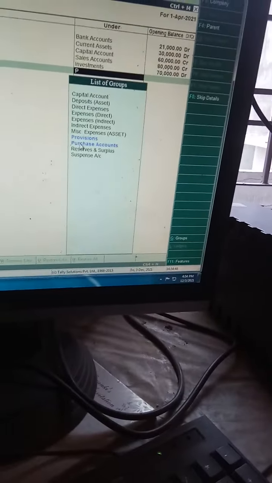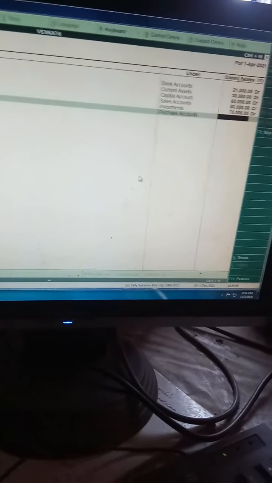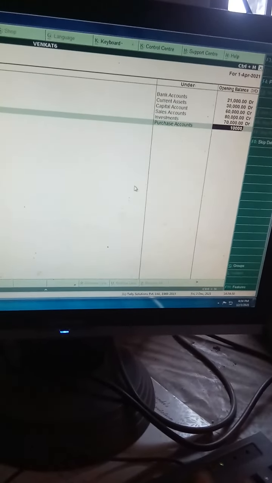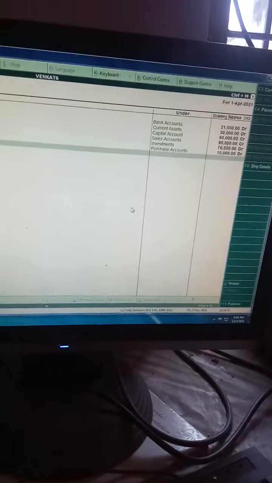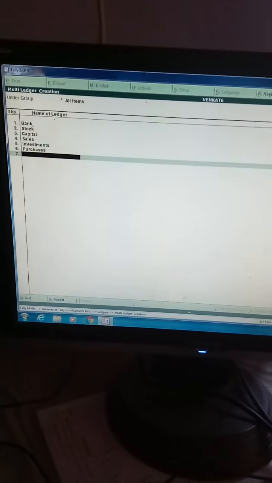Purchases come under purchases only, my dear students, don't get confused. Purchases come under the purchases account, it is 10,000. See, my dear students, like this. Okay, you can do all. After that I want to stop it here, but you practice the remaining also, my dear students. Don't leave in the middle. You have to press Control plus A, because I am keeping in mind your time.